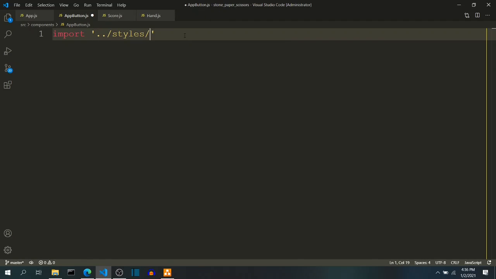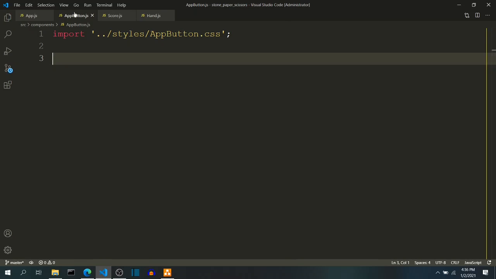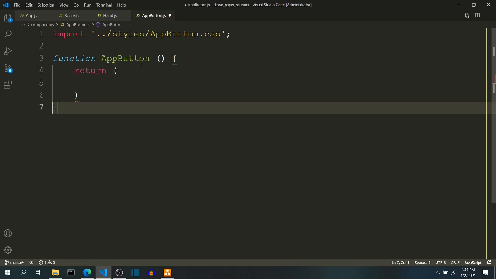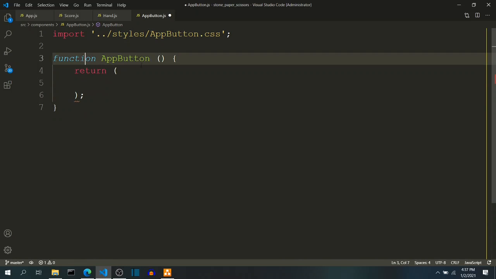The name of the CSS file that we want to import, so appbutton.css. And again, for creating a component, we want to create a function app button and return some JSX, and then export that component